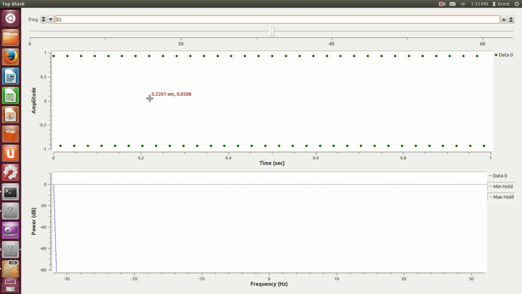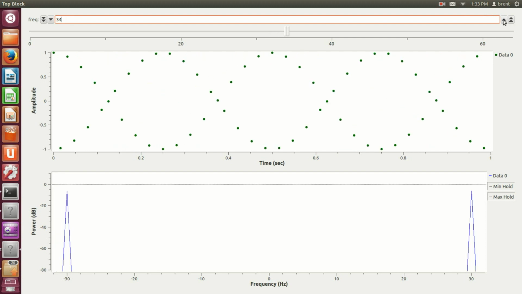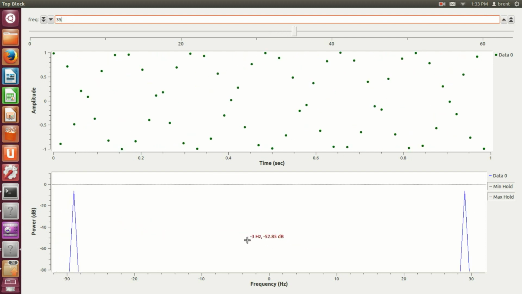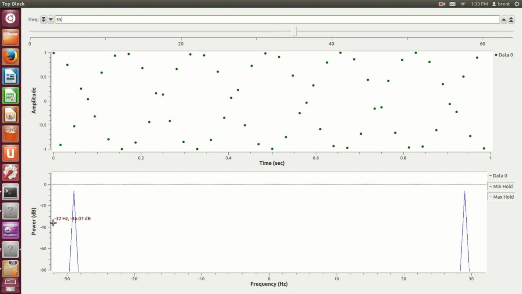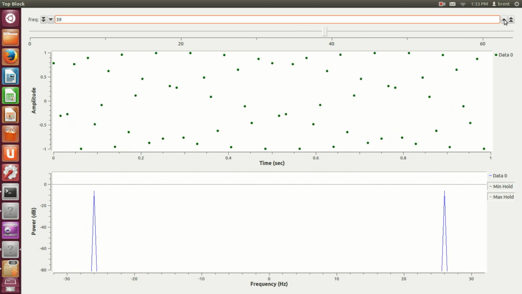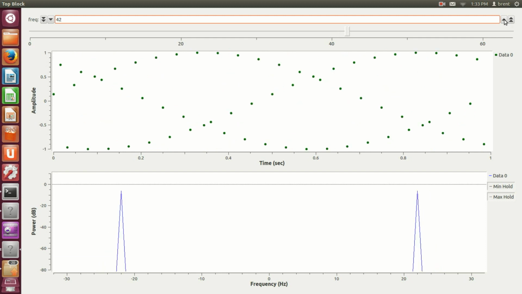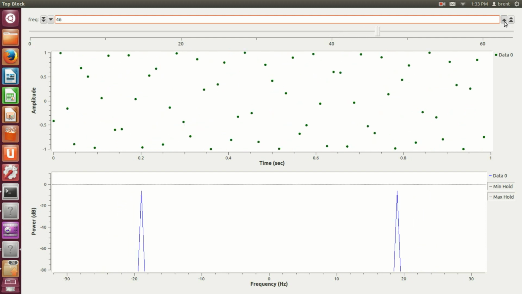So after you hit the 32, or in our case the halfway point, it starts folding back in. Notice it ran out. Now we go up higher. We're at 35 hertz, and now the frequency content, because of aliasing, is going to start folding back in. And I don't want to spend a whole lot of time on that, but